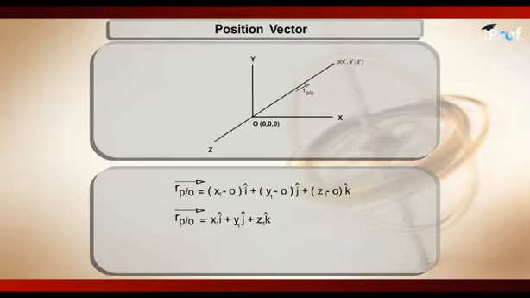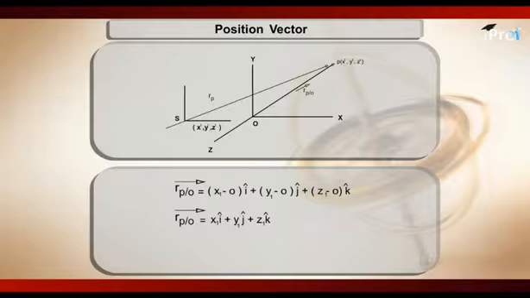Okay. Now see what I told you. Position vector depends on the reference frame selected. Suppose here if we change the reference frame from O to S, and we have to write the equation of position vector in the new reference frame S having coordinates x dash, y dash and z dash, we can write it like this.